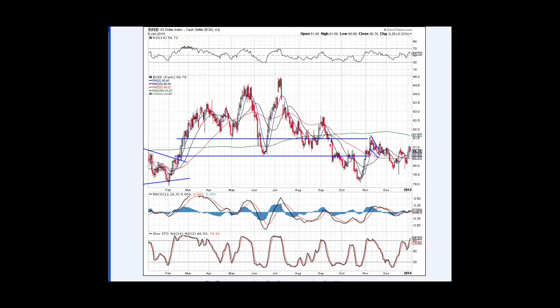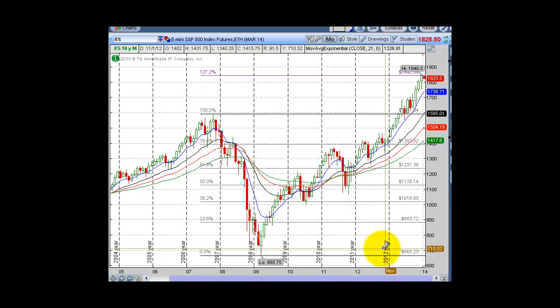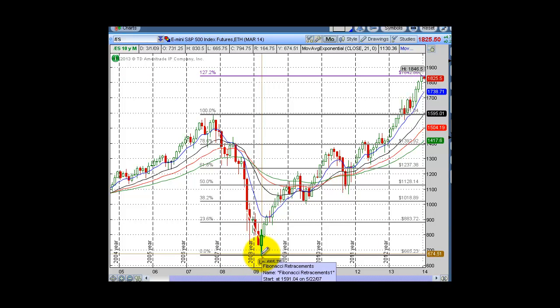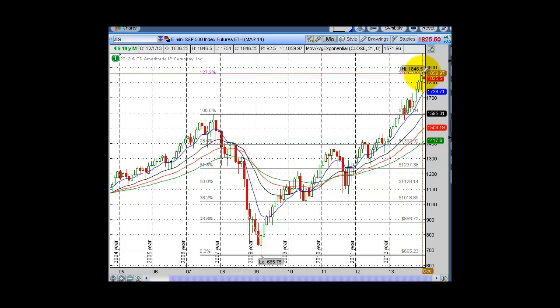Okay, so now let's go into the chart segment. I just want to show you a few things here. Now, I've showed this to you many times. We are at a huge extension from the monthly chart from the 2009 lows of 666. We have now met our extension target here. So this tells me to tighten up your stops if you're still swing trading,